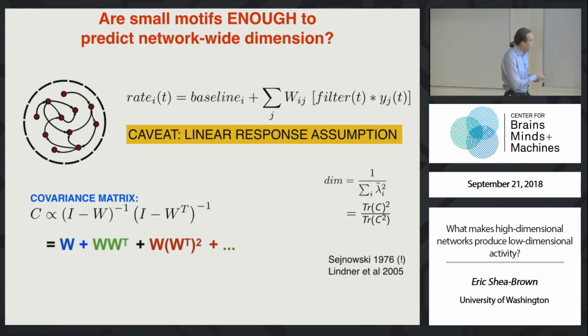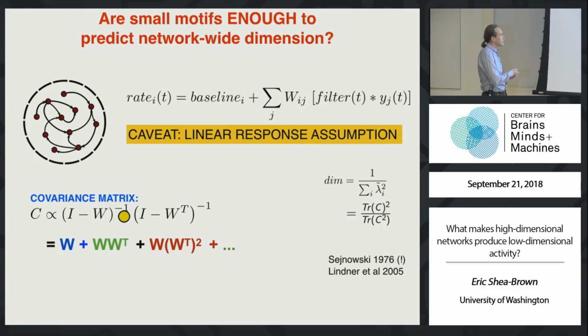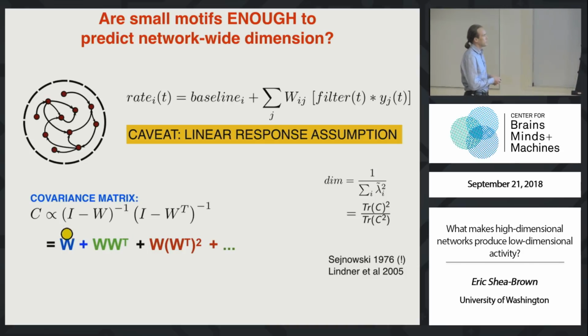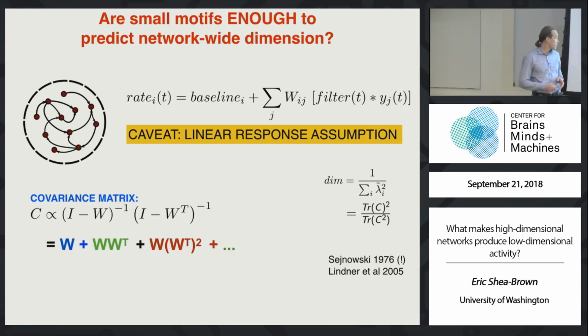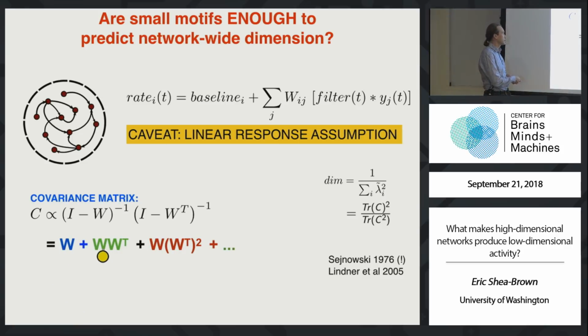To do so, here's the path. Take this thing and realize that even though this has matrices inside, you can do a Taylor series expansion that's valid for matrices just like you could for scalar equations. You get a bunch of terms out of this. I've dropped proportionality constants and left off some of the terms. But you can see that the type of terms you get are going to look like this. So various products of W, the connectivity matrix itself, as well as its transpose.